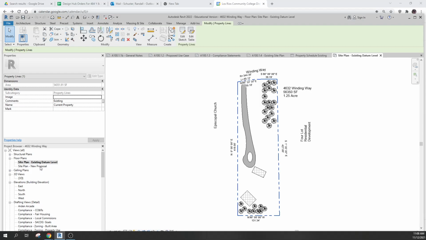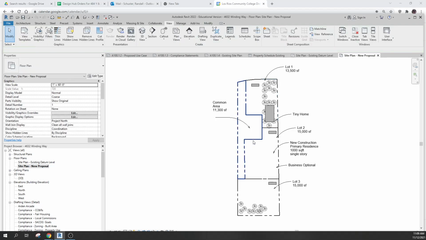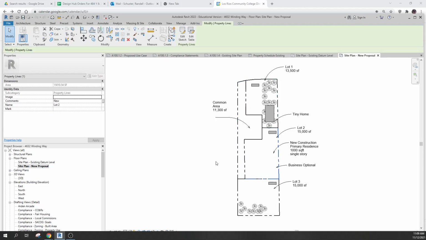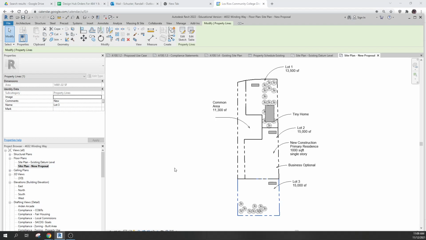And then if I go to my new proposal, I can click on a property and I can give it a comment which is new, and I can call it lot 1, and it has an area, and I can click on my new lot 2. So I'm just typing in here what I'm going to put down. So I drew my new properties and I drew my common area,